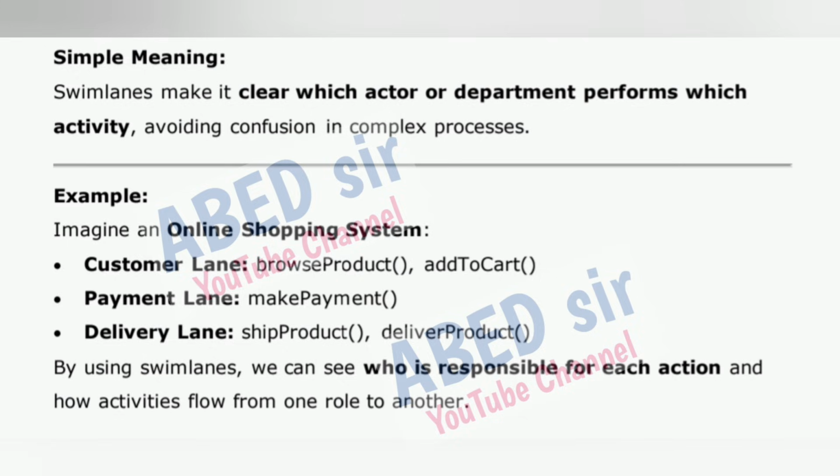Simple meaning: swim lanes make it clear which actor or department performs which activity, avoiding confusion in complex processes. Example: imagine an online shopping system. Customer lane: browse product, add to cart. Payment lane: make payment. Delivery lane: ship product, deliver product. By using swim lanes, we can see who is responsible for each action and how activities flow from one role